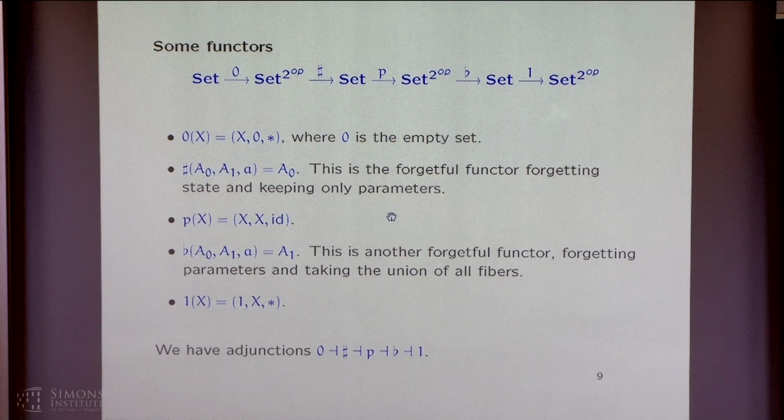But we want to do, there's more structure in this model even that I haven't talked about yet. There are 5 functors between set and set to the 2 up, and all of them are adjoints to each other in this way. And from these adjunctions, so here's what the functors are. There's an obvious embedding from set where you just take a set and let A0 and A1 both be that same set and take the identity. That kind of thing is called a parameter type, a type that has just parameter and no state. Like bool is an example of something of that shape.